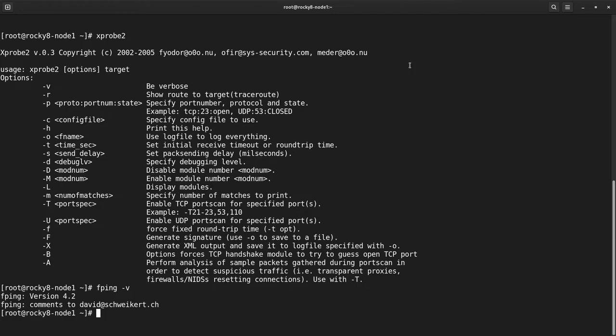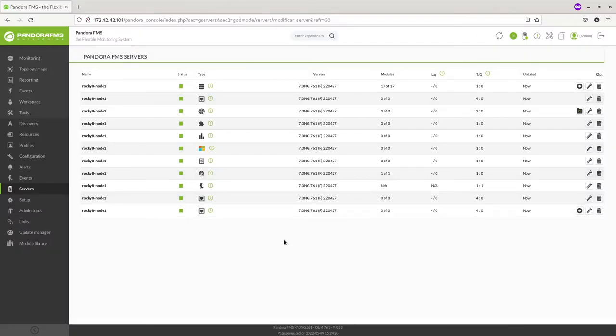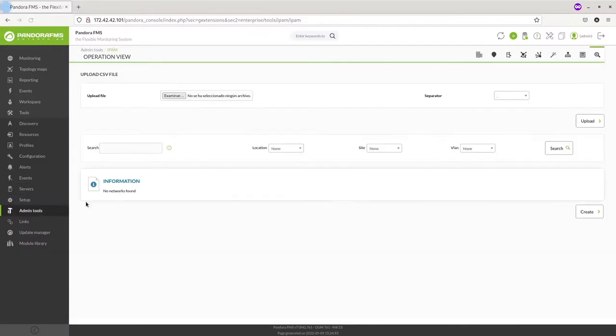Once you have everything ready, you may access the IPAM tool from the web console of your server. Go to the Administrative Tools section and choose IPAM. In this menu, you will see several options, but in this video we're going to focus on creating a recognition